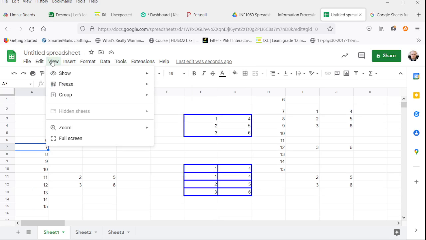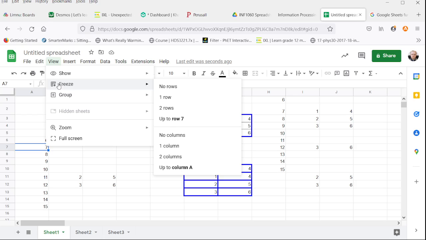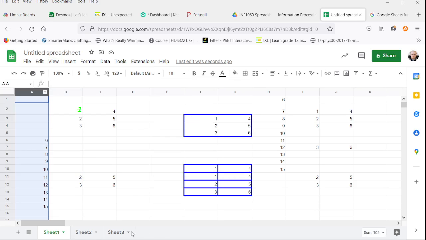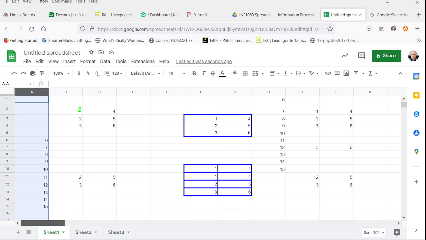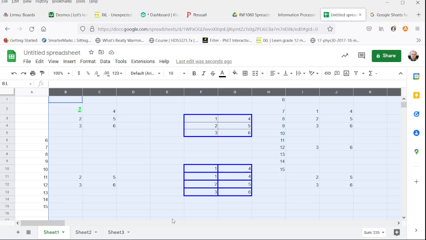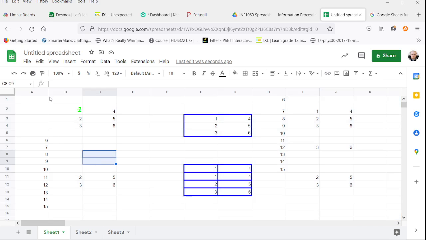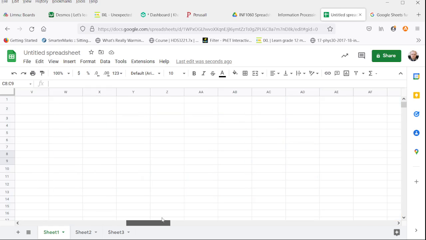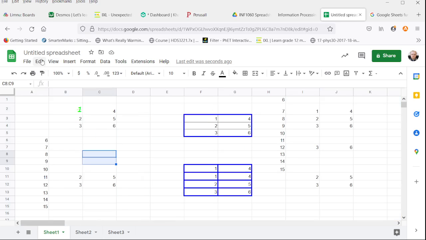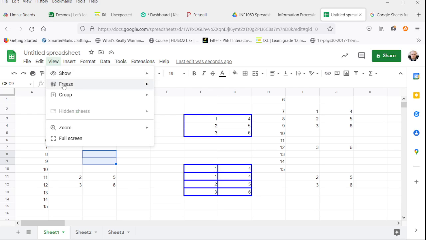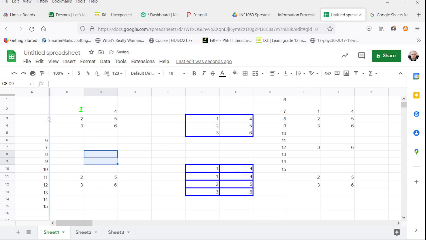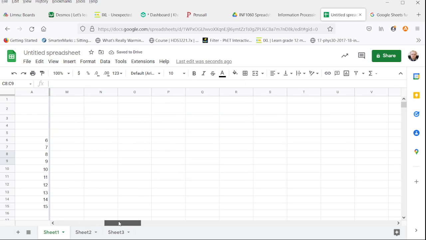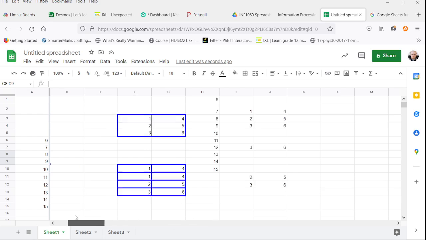Possibly one of the most useful ones here is the freeze. So if you have, say, headers on the left, and you're entering, if it's a student grade book, if you're entering more than the visible number of columns worth of data, then the names of the students can scroll off the side. And it makes it hard to track the data, put it in accurately. But you can freeze, say, one column. We get that thick gray mark to say it's been frozen, and then as we scroll, that column always stays